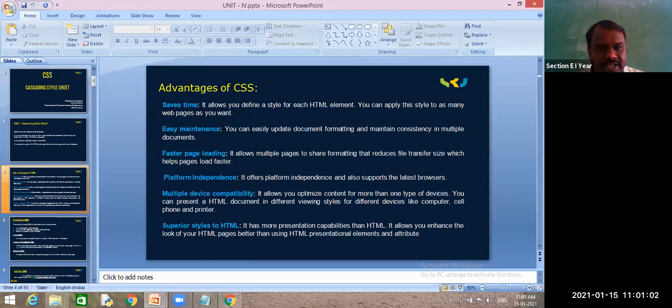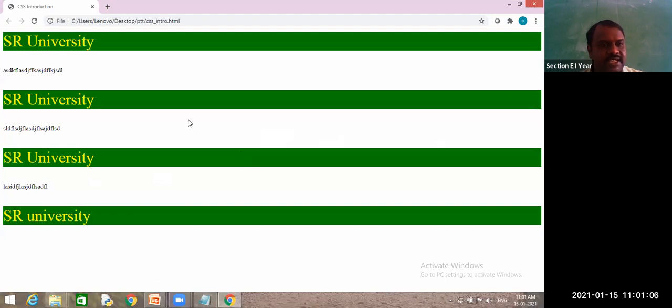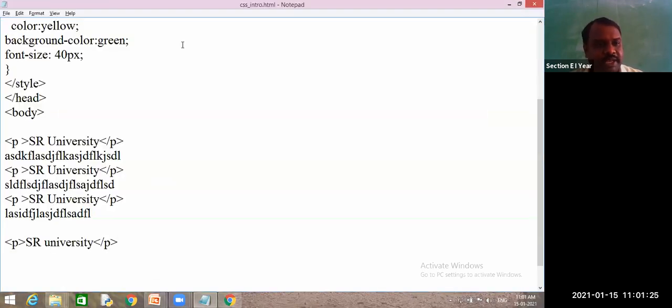Next I will tell you maintenance is easy. Here this color is yellow, guys, and the background is green. I have shown the same thing to my superior. So he suggested I change it. Sir, could you change this background green color to red color? Is it possible or not? This is the request I have taken from my superior.